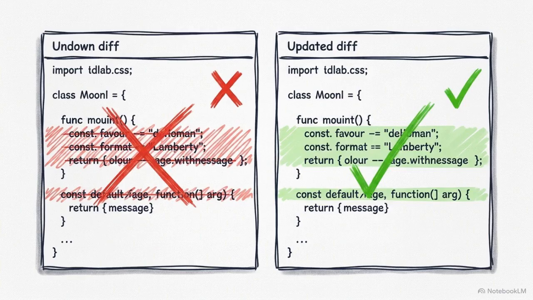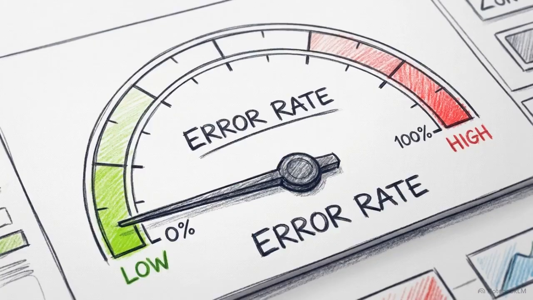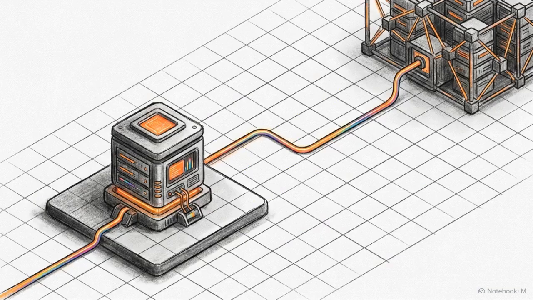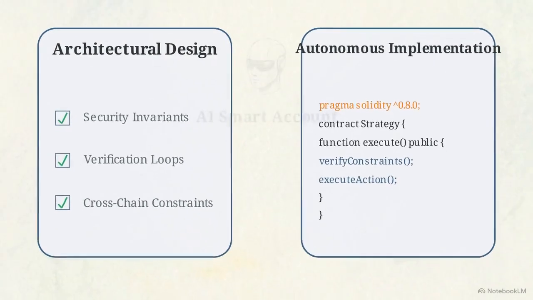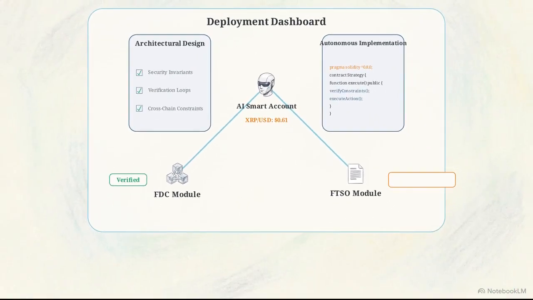Once the tests pass, we use the forge script command to broadcast our verified contracts to the Coston 2 testnet. This autonomous cycle reduces manual trial and error, ensuring your logic is rigorously evaluated and optimized against adversarial conditions before it ever touches the live network. We have now successfully deployed a proof-backed cross-chain AI execution system on the Flare testnet. In this workflow, the human defined the architectural boundaries and security constraints, while the AI managed the implementation details. By utilizing Flare's enshrined FDC and FTSO protocols, we've built an automation system that relies on